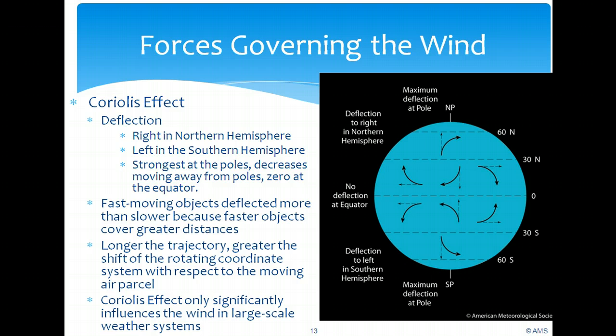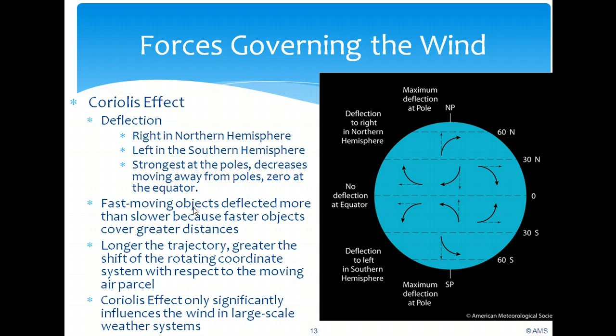This diagram shows that large-scale winds are deflected to the right of their initial direction in the northern hemisphere and to the left of their initial direction in the southern hemisphere. This deflection, which is known as the Coriolis effect, is maximum at the poles and 0 at the equator. We should notice also that the slide points out that faster moving objects are deflected more than slower ones because faster